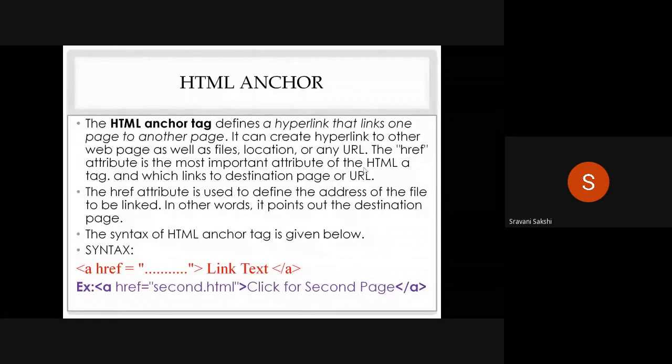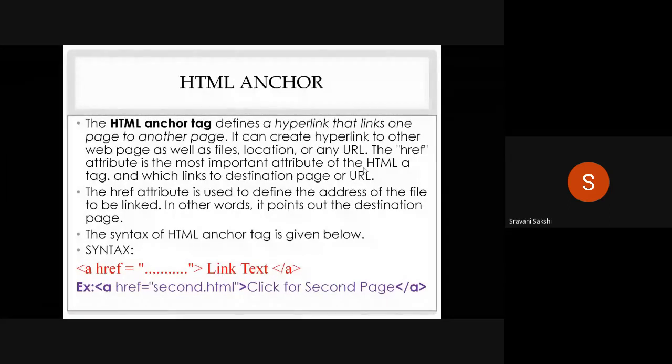Okay, so to establish the hyperlink, we have an attribute called href, hyperlink reference. Here we are referring to a web page or a file or any location or any other URL using a hyperlink.